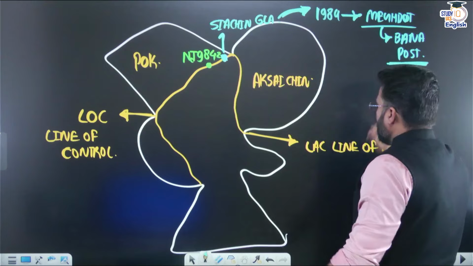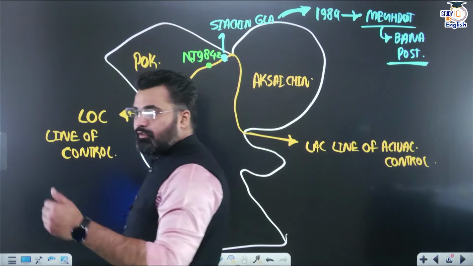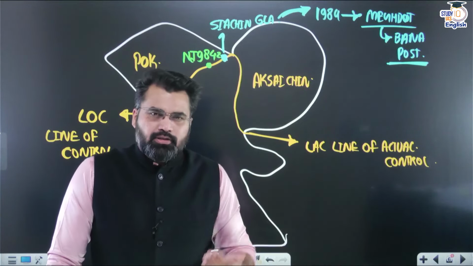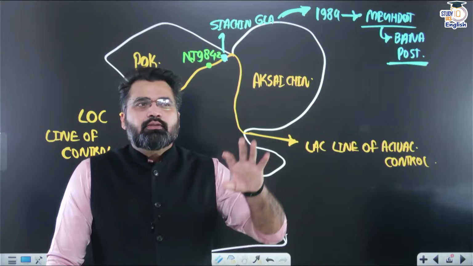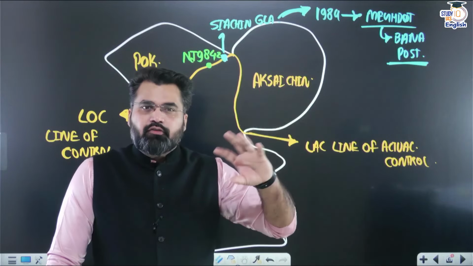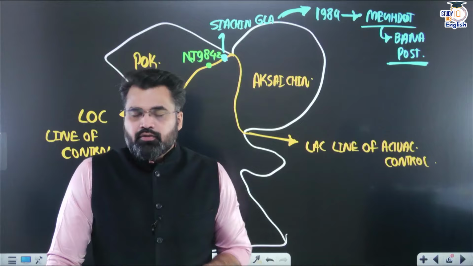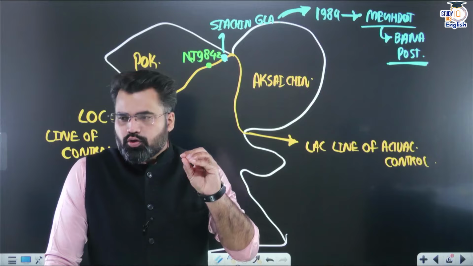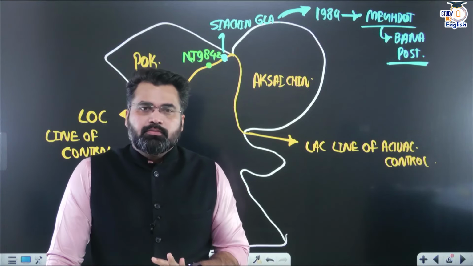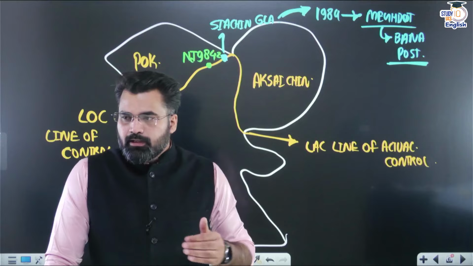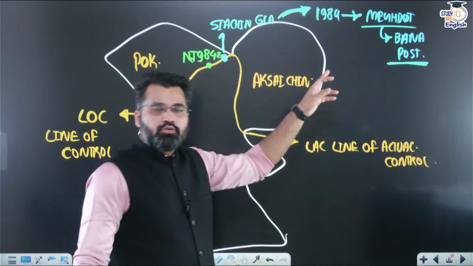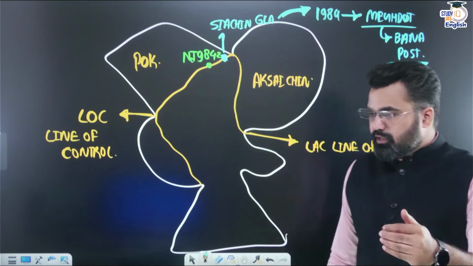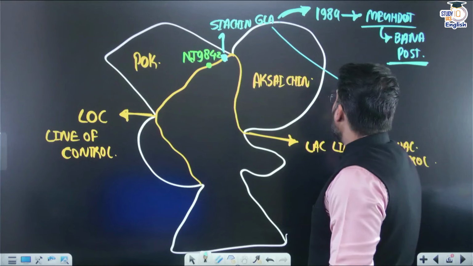Actually, in 1971, we were in a stage that we could easily negotiate with Pakistan to cede that part, but this was a mistake. The conditions were not that good or favorable for India to take that part from Pakistan. But at least we cleared the LOC, the exact points of LOC were cleared during that time. Fine. So in 1984, Operation Meghdoot under the leadership of Veer Bahadur Singh Bana, we captured that part, we won that part, and now up to 1999,